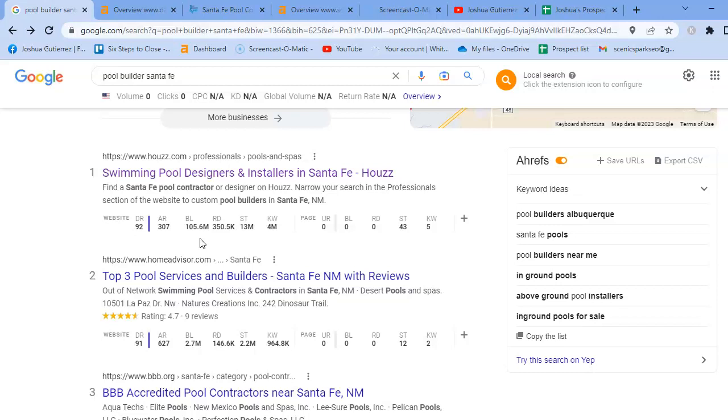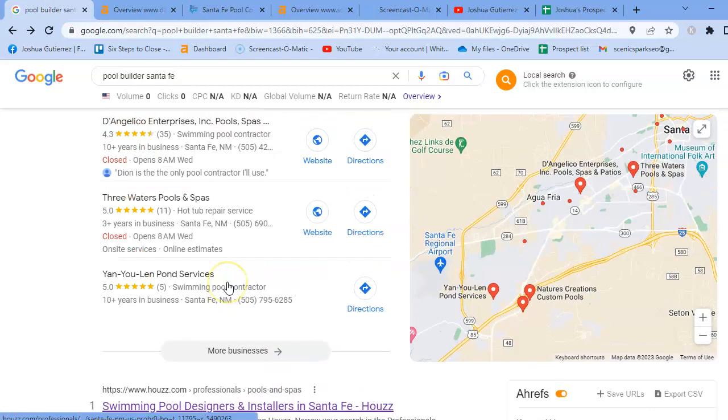They can pretty much rank nationally, and that is why they're in the top three. But if we rank in your local area using the proper keywords embedded in your website, then we can definitely beat these guys straight away. So with that, let's continue moving on.